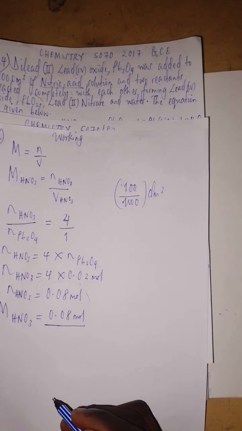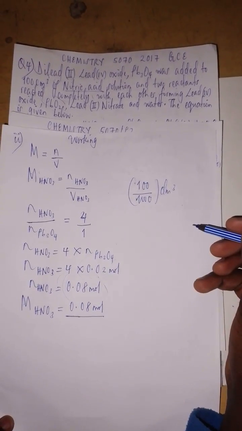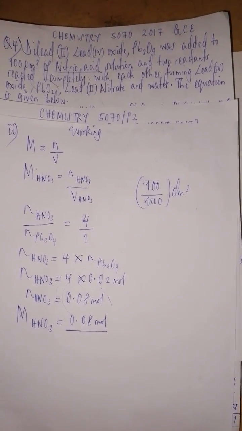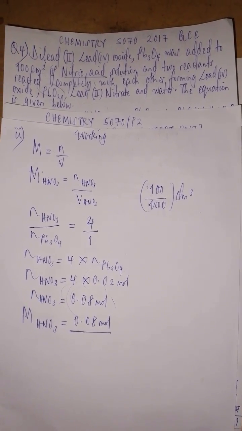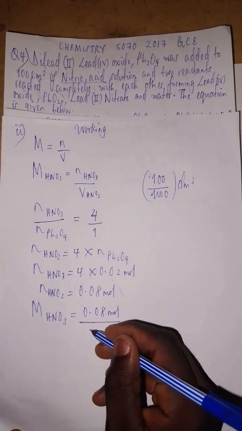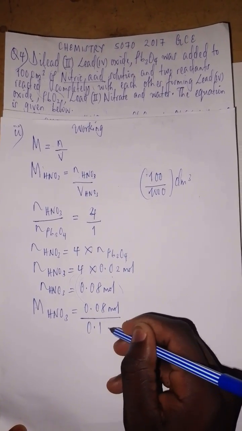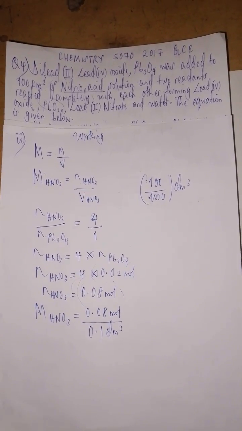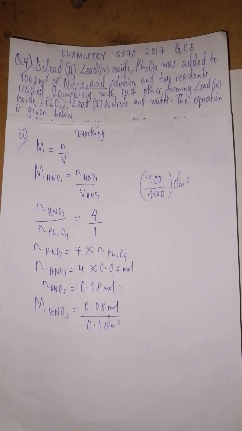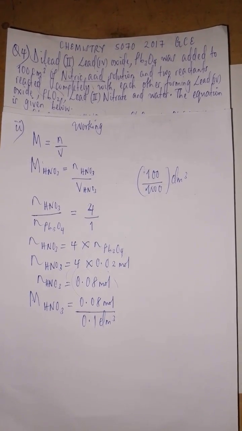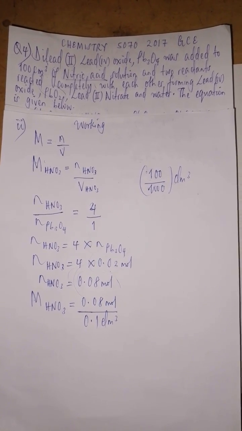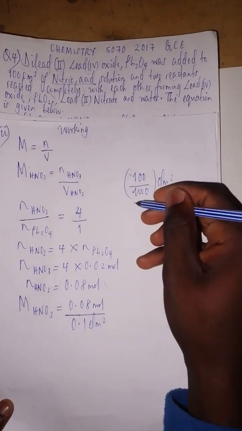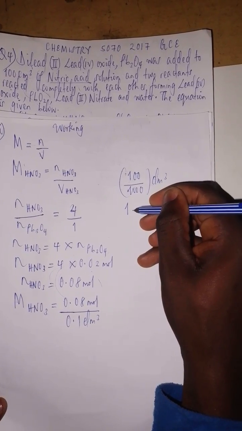Okay, so what value am I getting? So I'll just say 100 divided by 1000. It is 0.1, so this is 0.1 cubic decimeters. Okay, so that is the volume. Why am I doing this? I'm doing this because 1